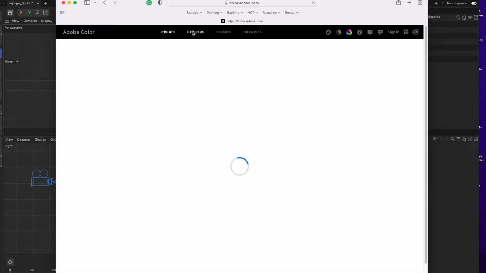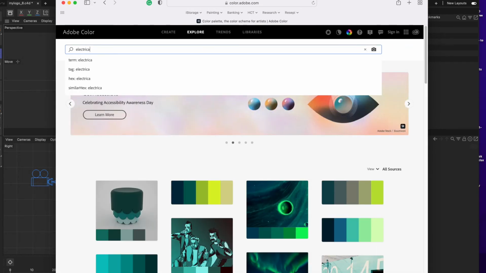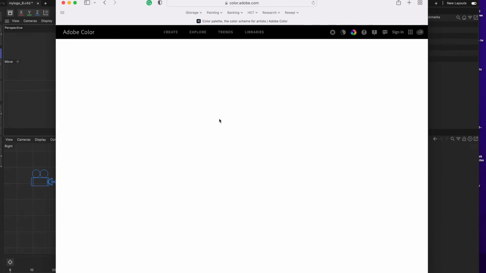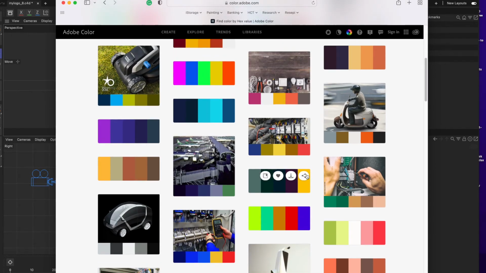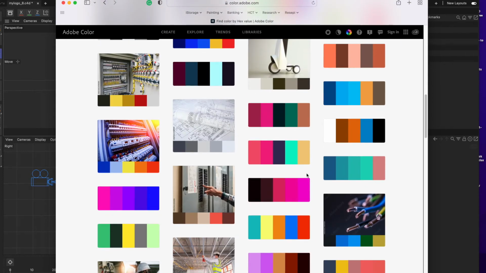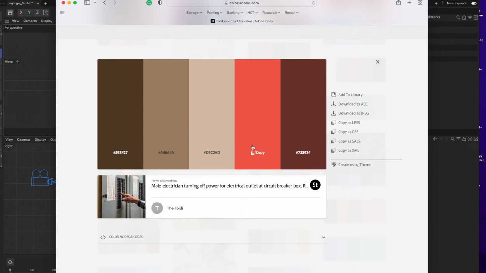Right, so from here, if I go to explore and type the word electrical, I get the options of all the colors associated with electrical. Okay, so let's say I want to use this color. Maybe the logo will use the orange color and the words will use this brown color. So I will copy this color,